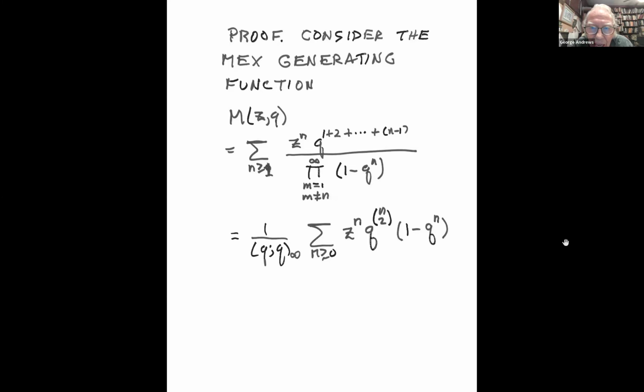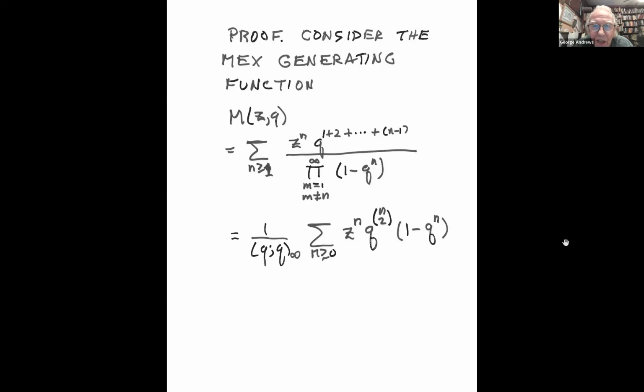Anyway, once you sum up the arithmetic progression on the exponent of q and take the full infinite product out, just making sure that you cancel out 1 minus q to the n,